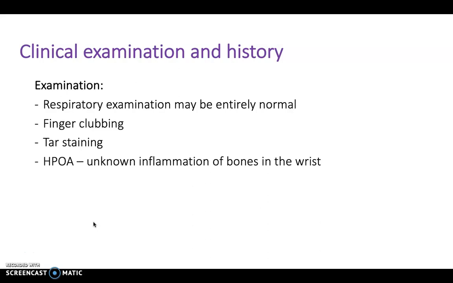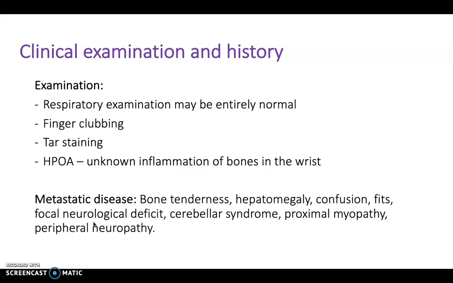a result. This is, of course, a later stage complication of lung cancer, HPOA, which results in inflammation of the bones in the wrist. And essentially this would only be a later stage manifestation and should alert you to a potential lung cancer. As well as this, it's important to recognise the signs and symptoms of metastatic disease if it's spread from the lungs, including bony tenderness, hepatomegaly, confusion, fits, focal neurological deficit, cerebellar syndrome, proximal myopathy, and peripheral neuropathy